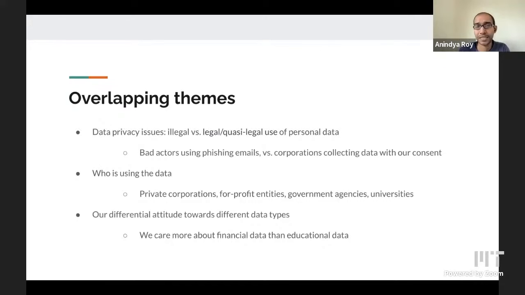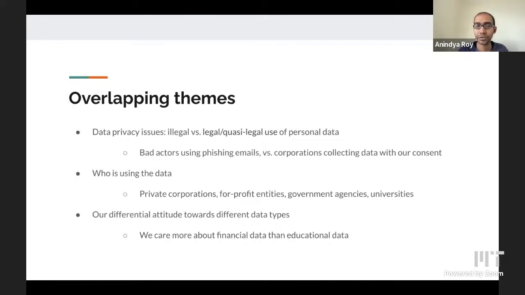But on the other hand, there is this other aspect of legal or quasi-legal use of personal data. And that's part of this whole data economy that is built on. So for example, we have the use of Google Drive or Gmail, because in a way we are paying for that with our personal data to Google, and Google can advertise to us. That's the very simple economic model that we have knowingly or unknowingly made peace with. Now, what are the repercussions of that, and how does that pan out? So that's something to think about, the illegal versus legal aspect of things.